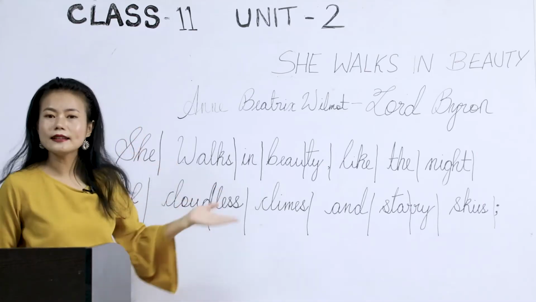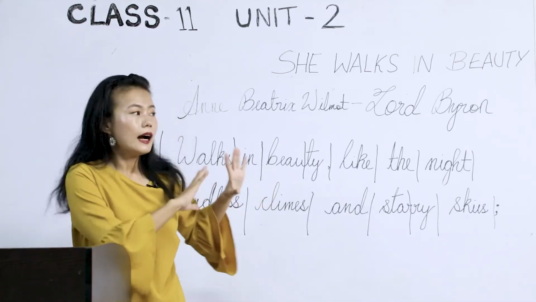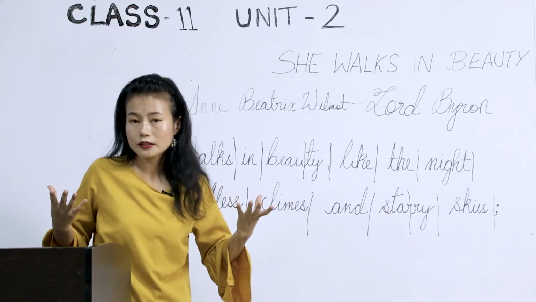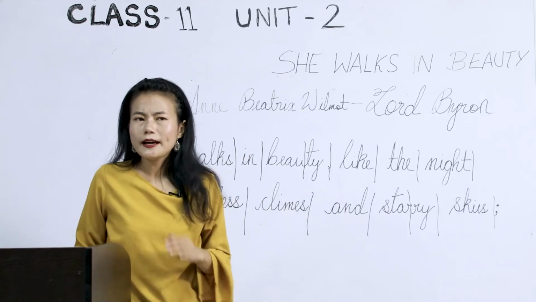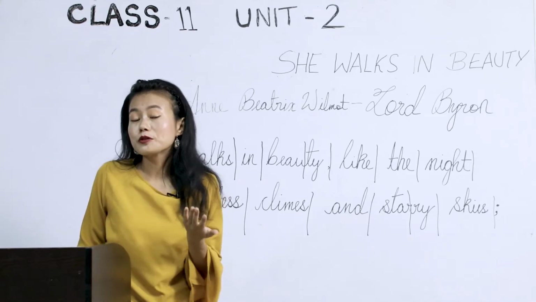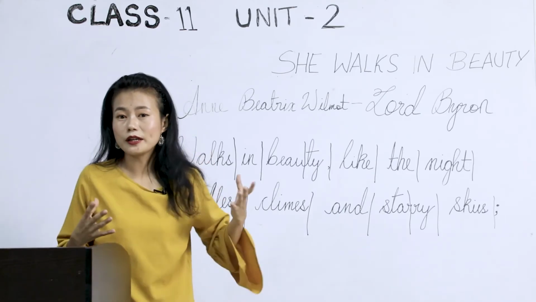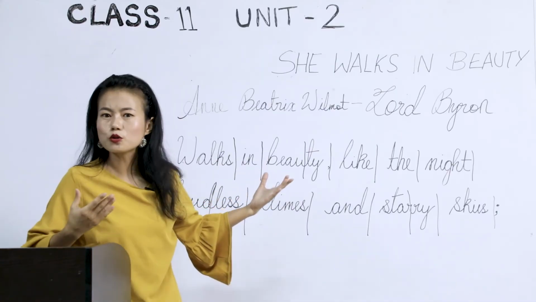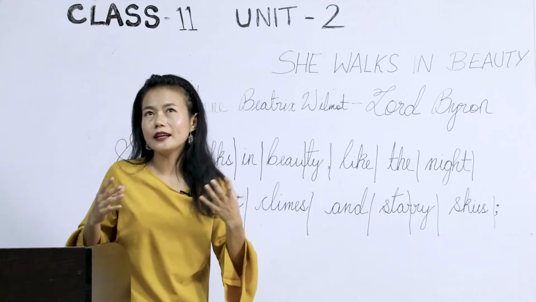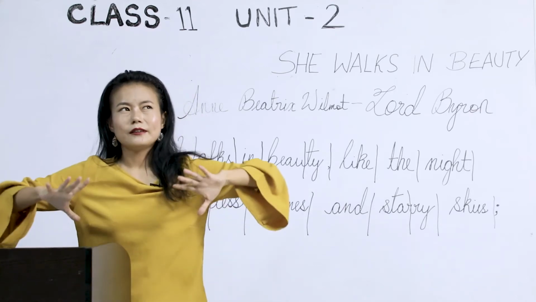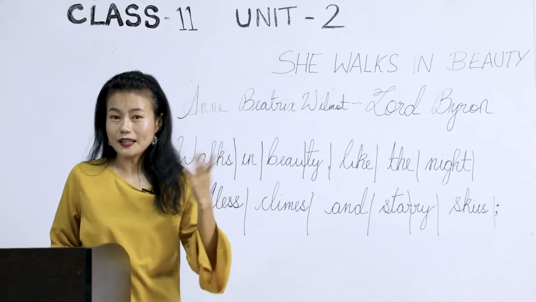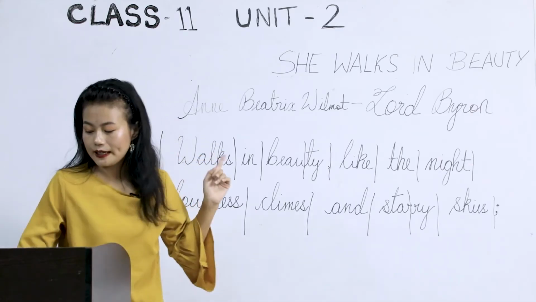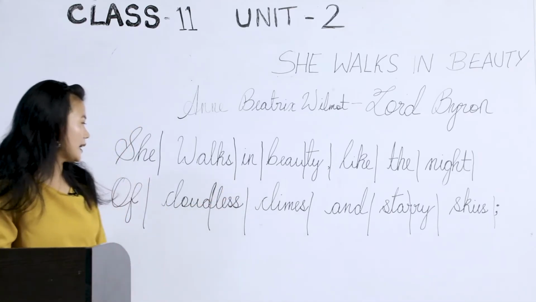From the first line itself, we get to know that this unnamed woman's beauty is compared to a night. Just imagine a night. Actually, beautiful women are usually compared to summer days, so you will find it weird to see this woman's beauty compared to a night. But just imagine a night, cloudless and a sky full of stars. That is beautiful, right? So the poem starts with the lines, "She walks in beauty like the night of cloudless